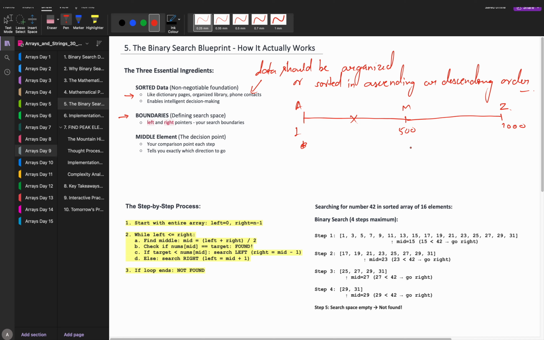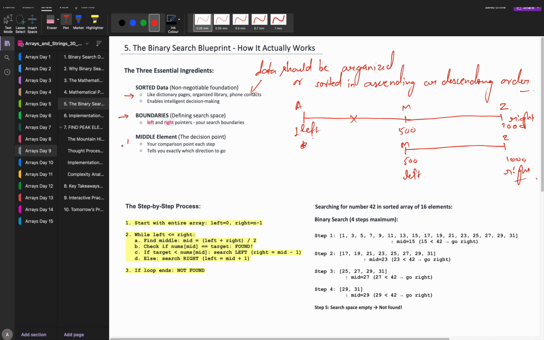Now you need to clearly define your boundary for the next step. Because once you discard your first half of the search space, the boundaries of the second half would be starting from here, say 500, M, say, Z or 1000. Not their representation, but different representation. So you can say this is left boundary, this is right boundary. If you're discarding this half, then your left boundary would be starting from here. Right boundary is still the same. No change there. So you need to work around these things.